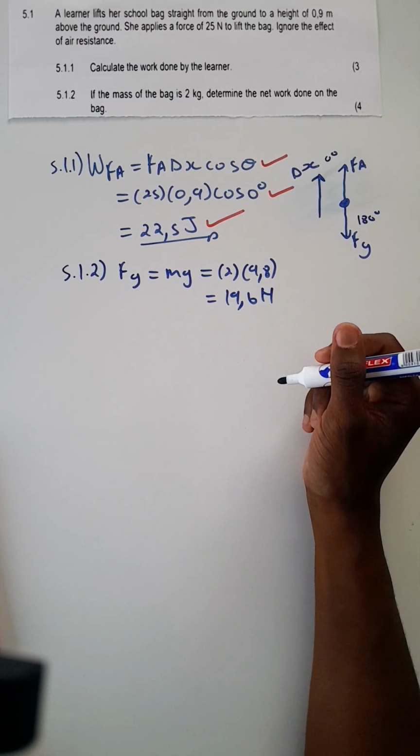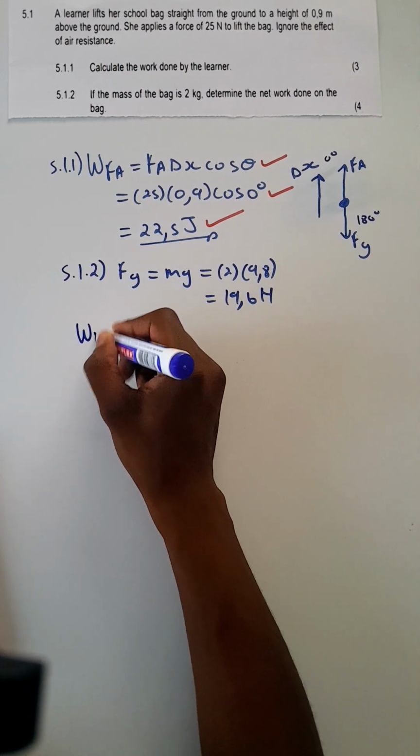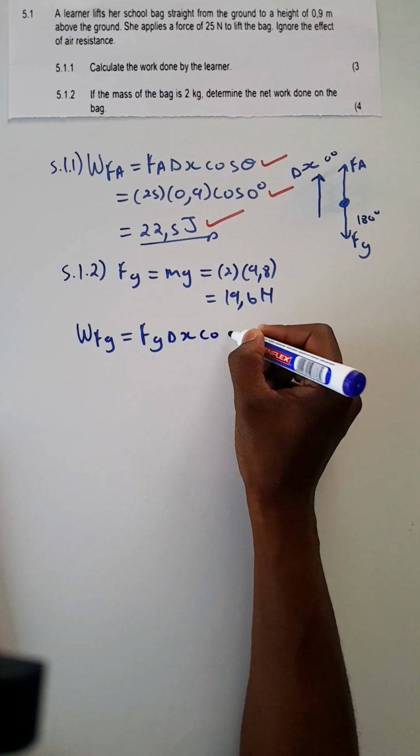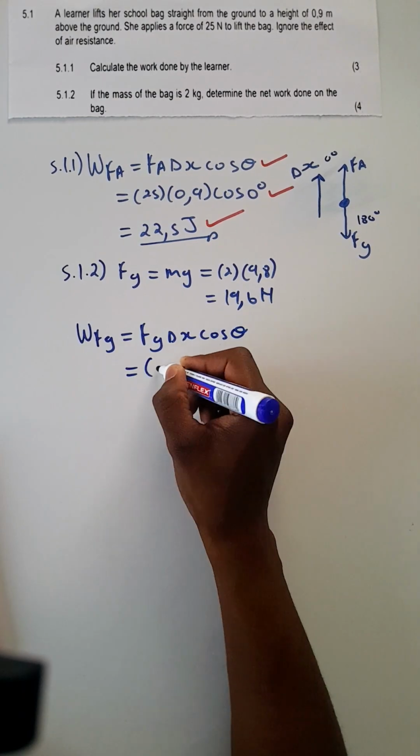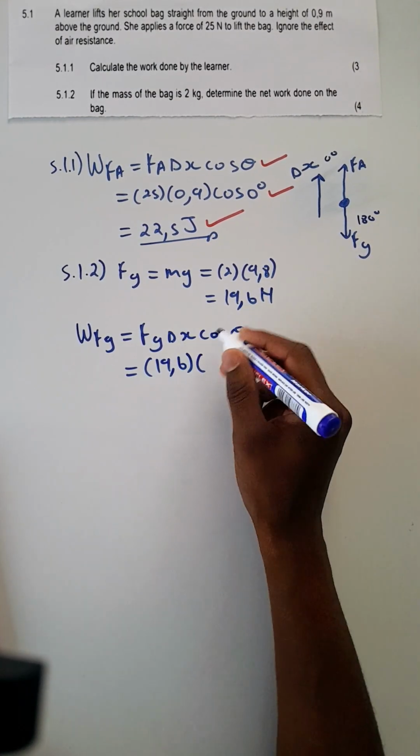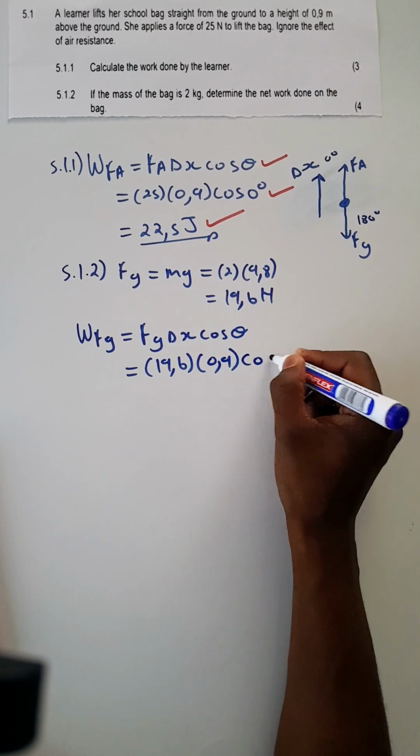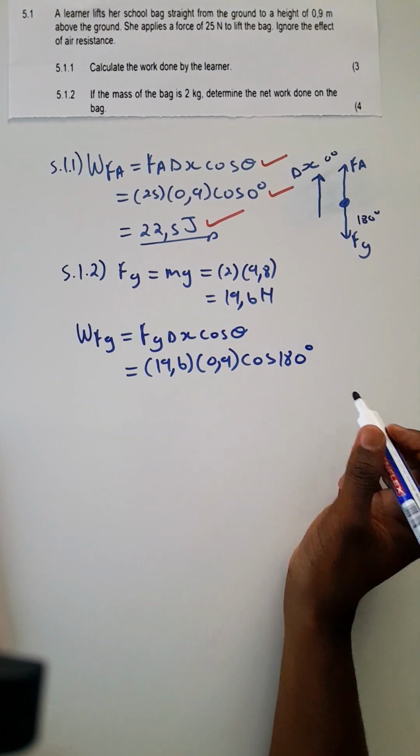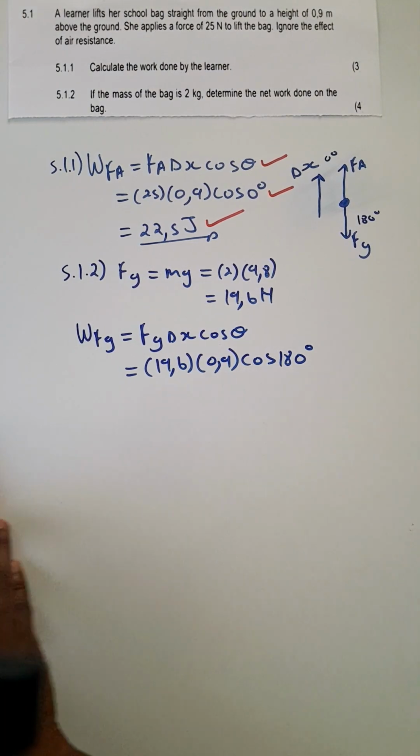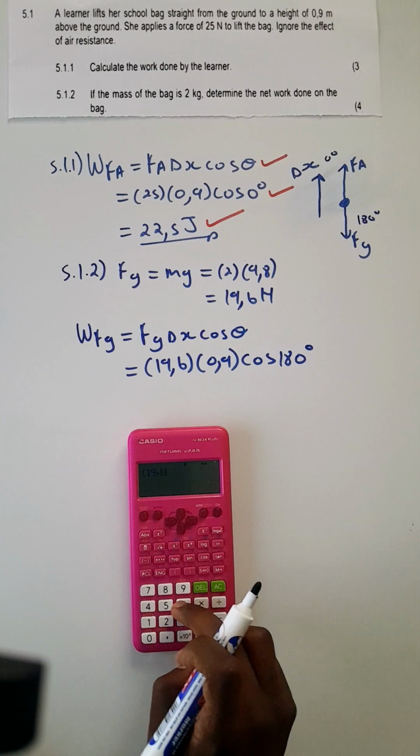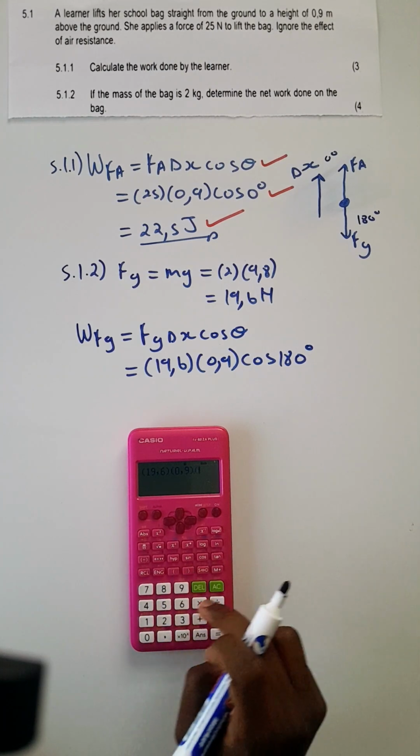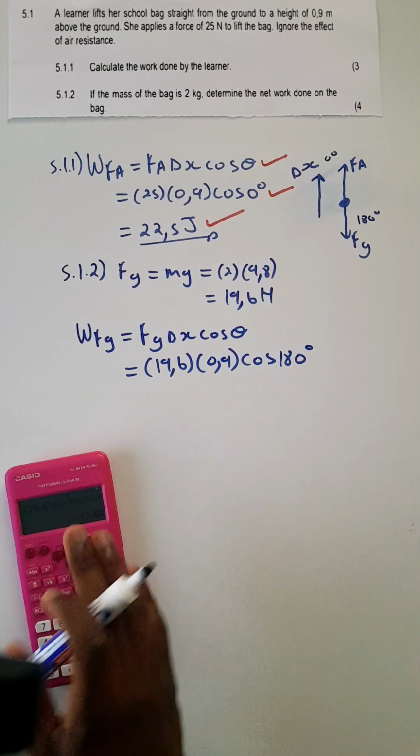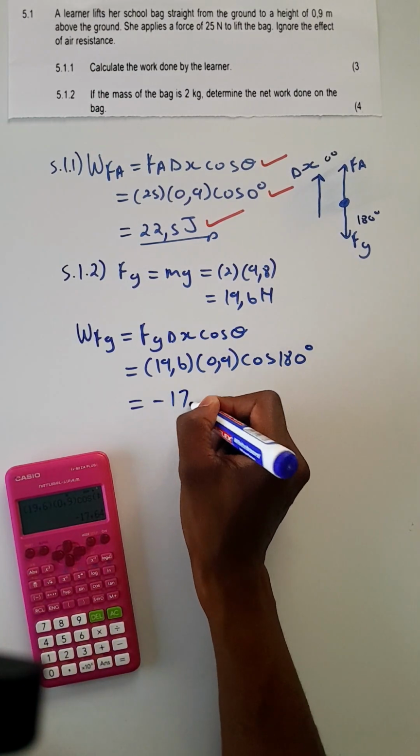Then the work done by this gravitational force will be equal to the gravitational force multiplied by the displacement multiplied by cos theta. We have 19.6, and the displacement of 0.9, cos of, we said that they are opposite, the gravitational force and the displacement. So we have 19.6 multiplied by 0.9 multiplied by cos of 180, which is going to give us negative 17.64